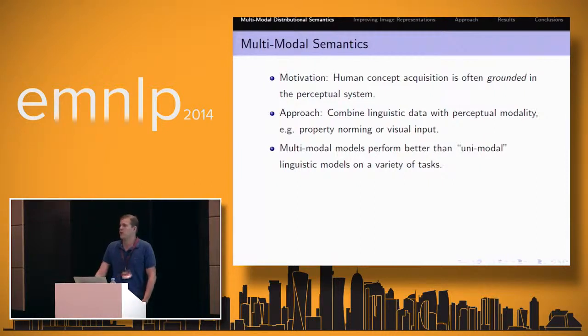So as the title says, this fits in the recent trend of multimodal semantics, where the motivation is that human concept acquisition is often grounded in the perceptual system. So we also want to have this in our semantic models. The approach usually is that people combine linguistic data with a perceptual modality. You can get this from any kind of perceptual data source. People have used property norms or visual input, so that could be just raw image data